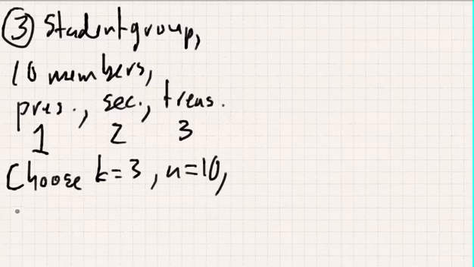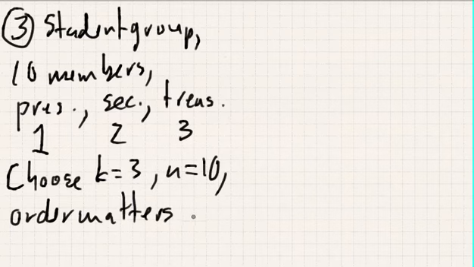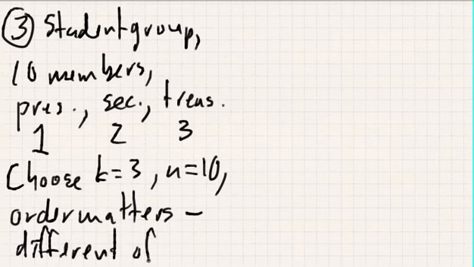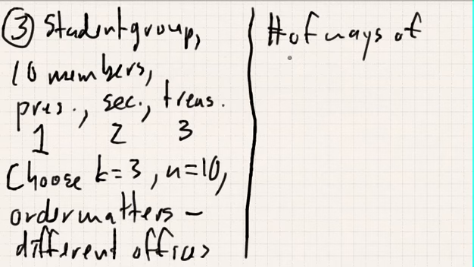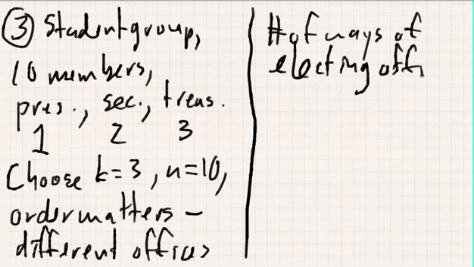And here order matters because we're not just choosing 3 people without caring what they are. We have different offices for them each to hold. So the total number of ways of choosing these 3 leaders, so the number of ways of electing officers, is